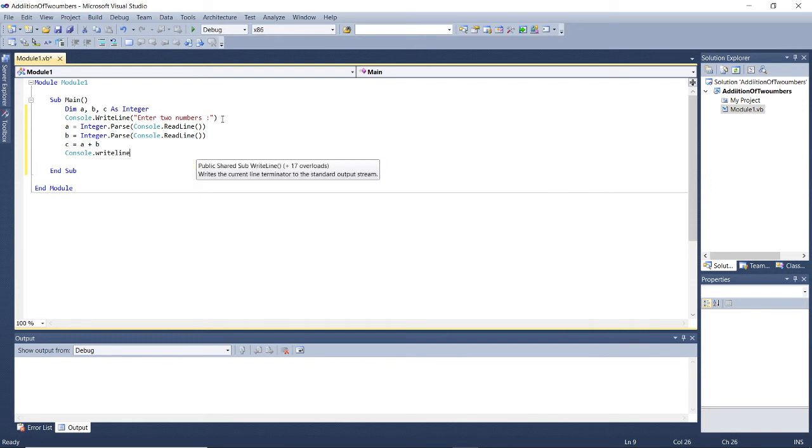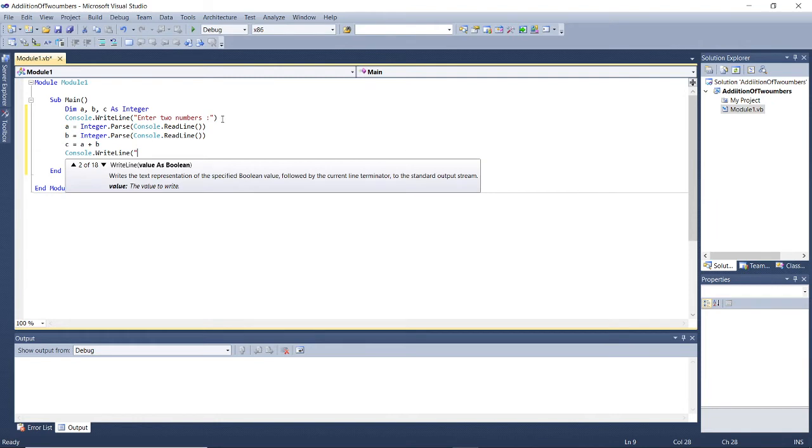With Console.WriteLine, like what we did in C++, or specifically in C, we wrote "Addition of %d and %d is %d". If we want to write something like that in Visual Basic, you have to use a slightly different syntax, which I will explain. If I want to write "Addition of a and b is c" with appropriate values of a, b and c, then what do I have to write? Addition of, in curly braces first parameter, and in curly braces second parameter, is in curly braces third parameter.